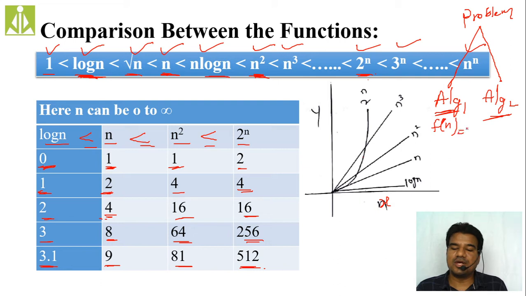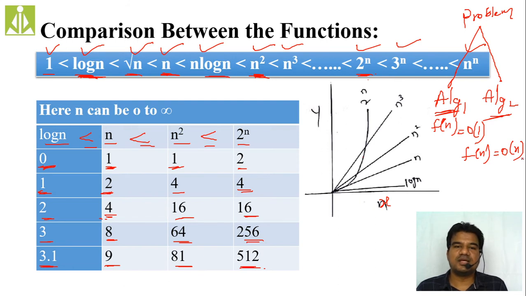let us say order of 1. So then for algorithm 2, I got time complexity function f of n as order of n. So which one is the good one? Which one is the efficient one? Which one is the best one? Order of 1 or order of n?